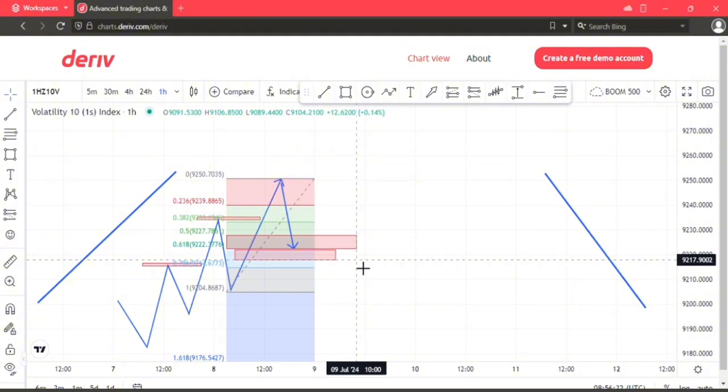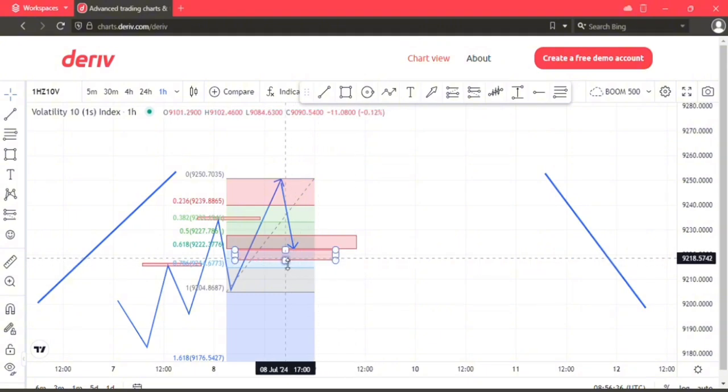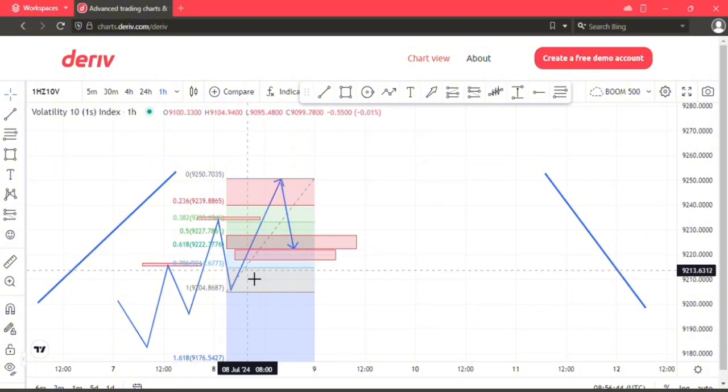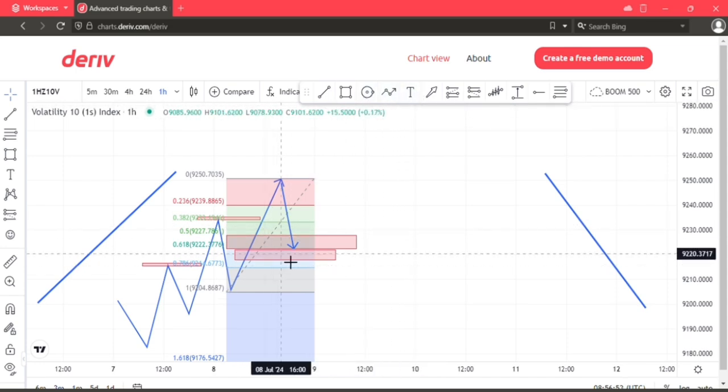So after waiting for your trade to reverse into 0.18, just take the trade and set your stop loss. Maybe set your stop loss below the order block right here,